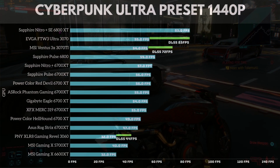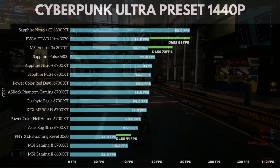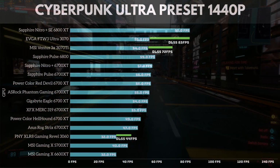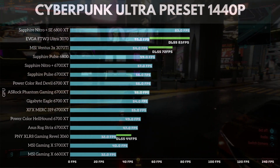And the last game that we have is Cyberpunk Ultra Preset at 1440p. The highest that this card hit was 73 degrees. I would like to think this is the ultimate test because this is the most demanding next-gen game so far, I believe. But anyways, the list starts off at the Sapphire Nitro Plus SE 6800 XT at 83 frames per